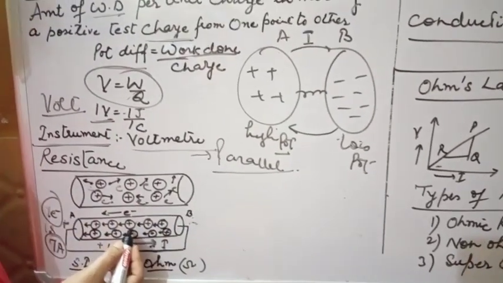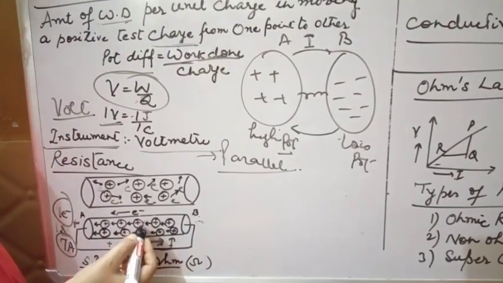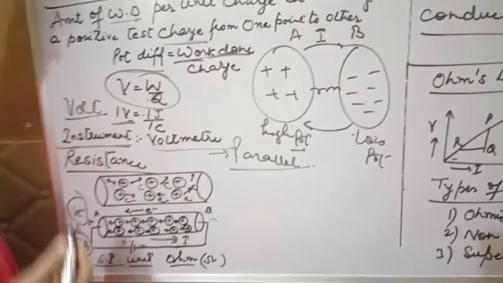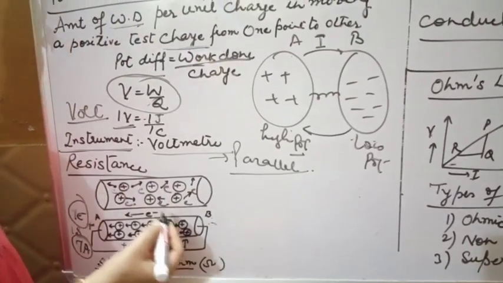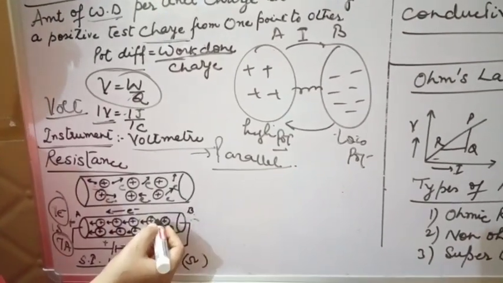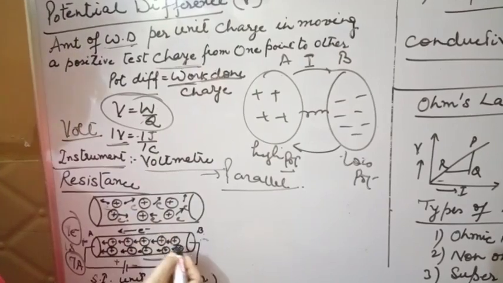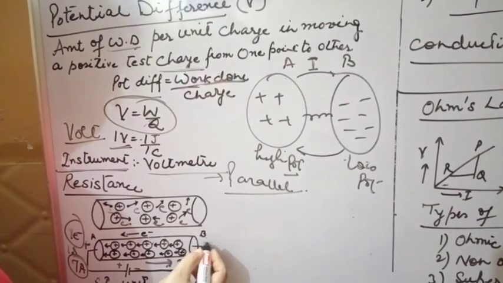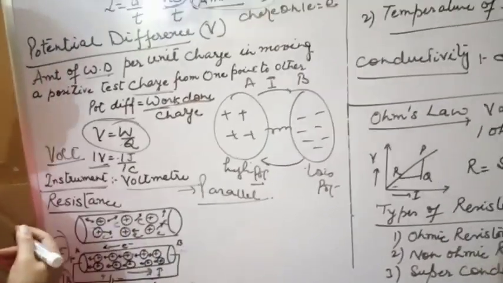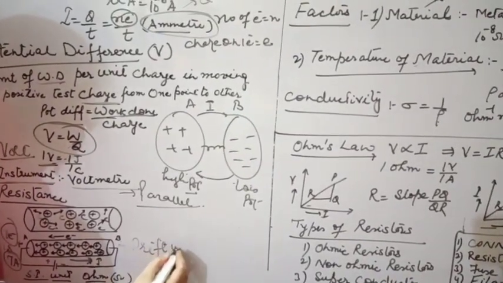But when these 7 electrons start the journey from B to A, on the way there are a number of collisions of these electrons with other electrons as well as the positrons. What is the result? Their velocity will be decreased. One time they strike with another, and the velocity decreases. Second time, due to this negative potential, they will be pushed again from the back and they will move again. So that velocity is called drift velocity.